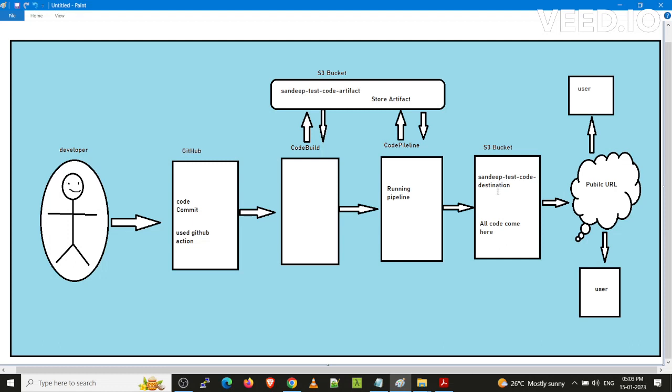On this destination I am going to enable the S3 web hosting service, which means static website hosting.